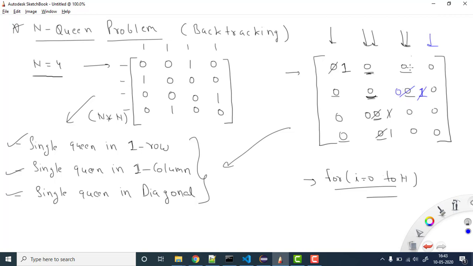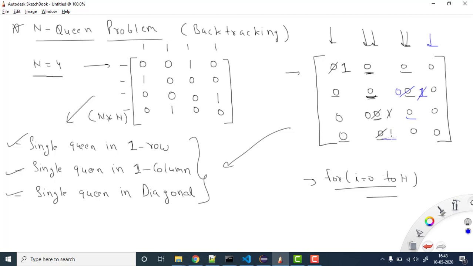Now I go further in the same column and I check, can I put the value here? Again you cannot put the value here, because here you have the 1. Similarly you cannot put the value here also, because you have the 1 here. It means for this column I cannot put the value here in this case, so again I need to backtrack. For this placement, 1 is also not good, but I am already at the last place, so where can I go?